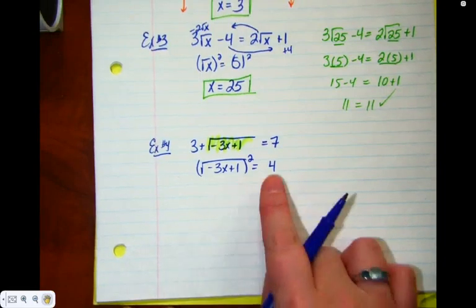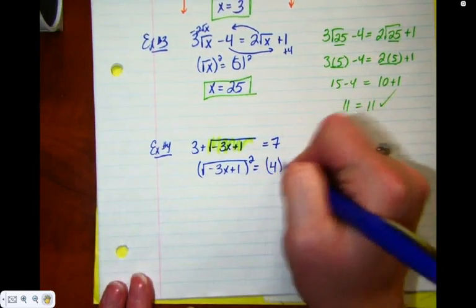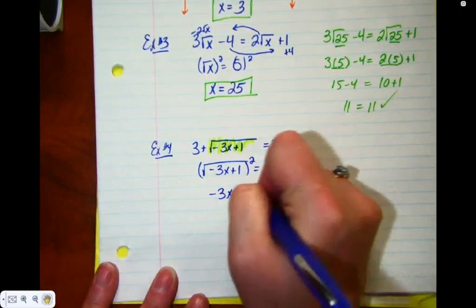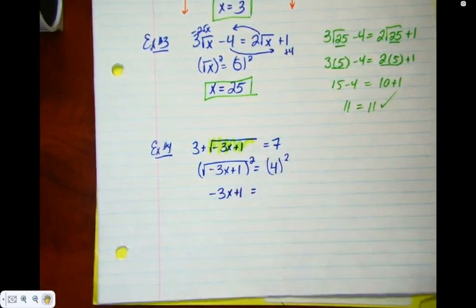No, and what's going to happen is you're going to forget about the other side. So just make sure you're in the habit of squaring both sides. This leaves me negative 3x plus 1. And on the right,